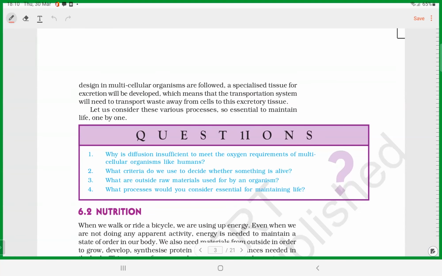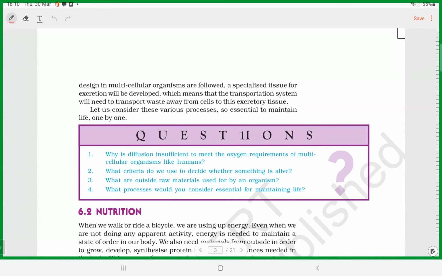Multicellular organisms have a lot of cells located in different parts of the body, so the cells are not exposed to the environment. No food can enter just like into a single cell. Hence, diffusion is insufficient. We need proper digestion, transportation and respiration systems all to supply